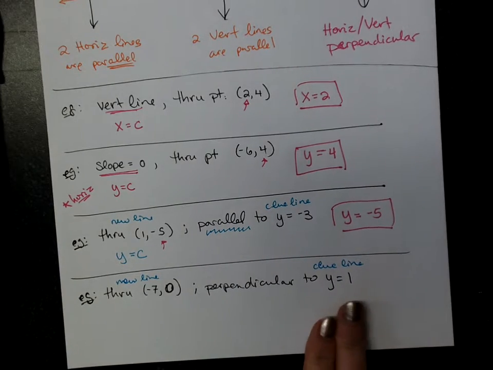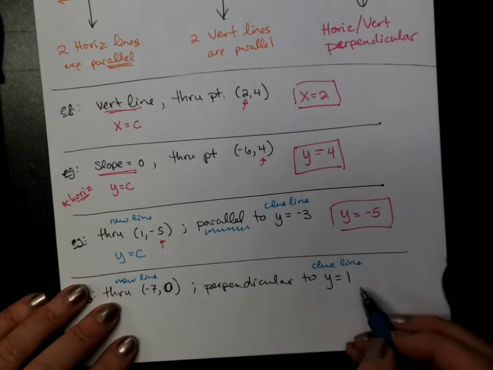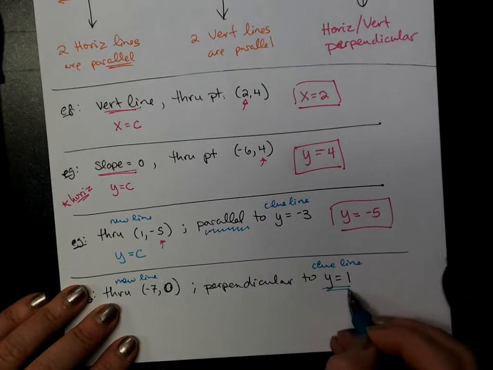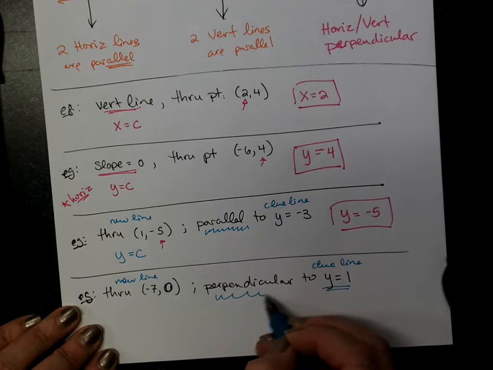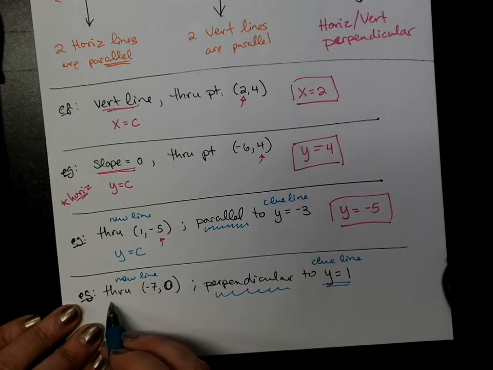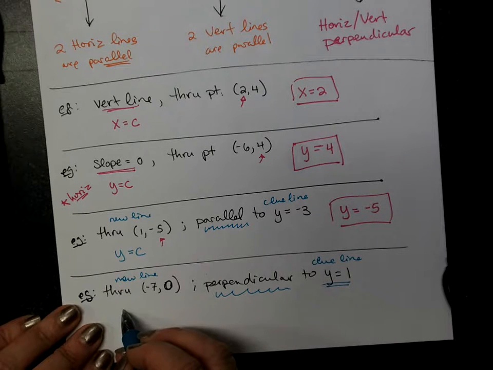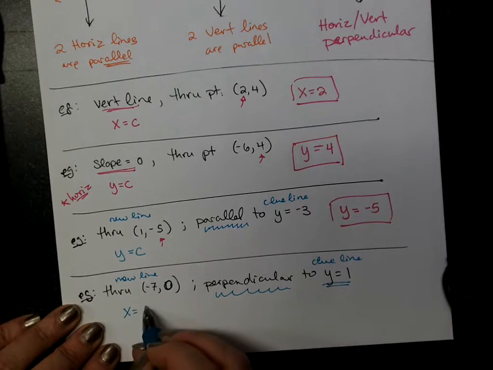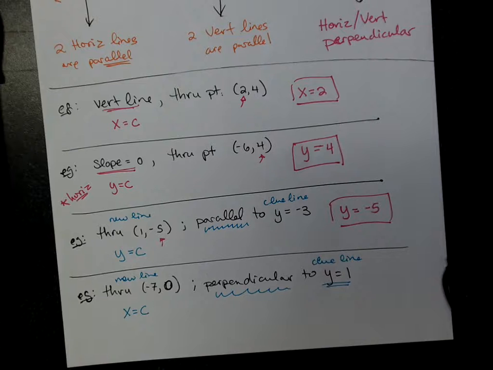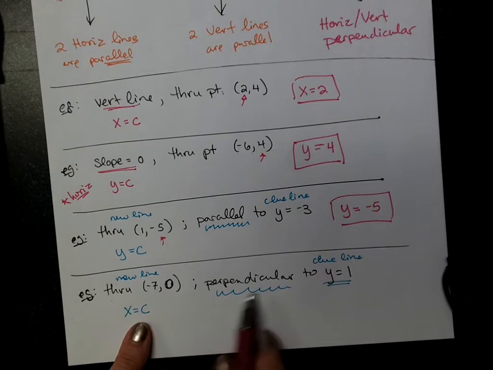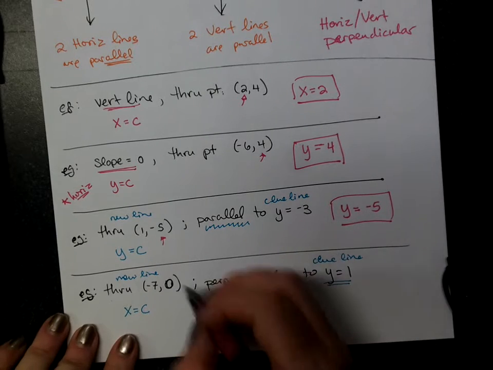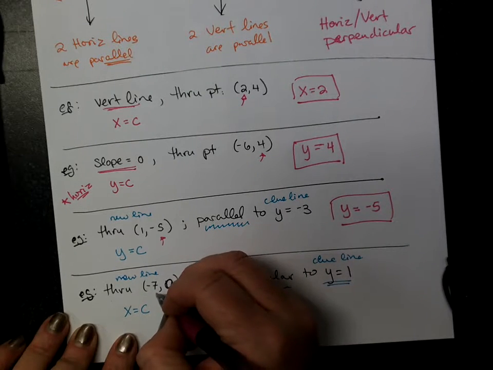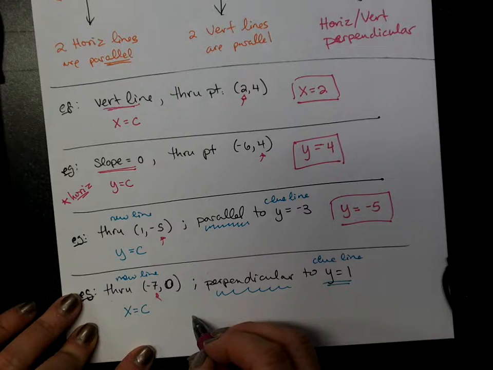Now, the clue line is what kind of line? Yeah, it's a horizontal line. So that means this line, if they have a perpendicular relationship, is going to be what kind of line? Which is what? Yeah, x equals c. And because it's a vertical line, which is perpendicular to the clue line, which is horizontal, what's the only coordinate that matters? And so this line is